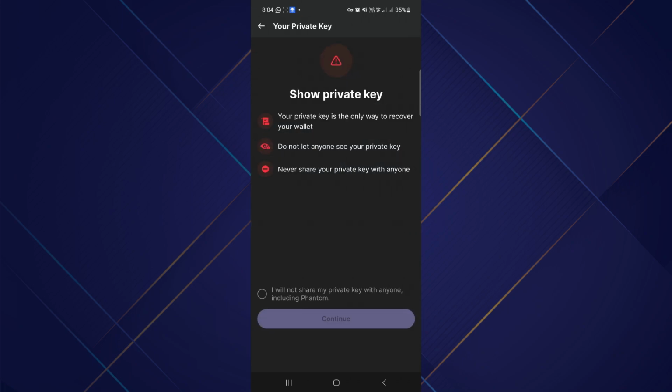Now over here, it will give you some of the precautions that you need to keep in mind while working with your private keys. Like, you should not share your private key with anyone else, and you should keep your private key at somewhere safe place. Now here you just have to simply check this box in the bottom and press continue in the bottom. On the next page, you will be able to see your private key, which you just have to copy from